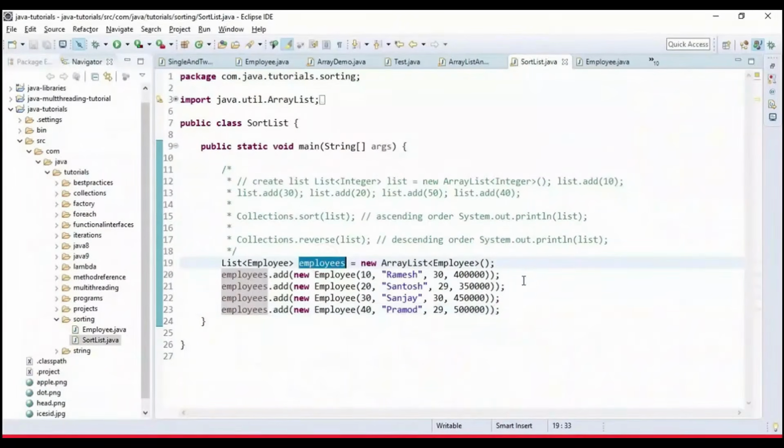Here we have an employee list, and we have 4 elements in the employee list. We have 4 employees in the employee list. Alright, now let us see how to sort employees by their salary. Okay, so probably you know the Comparator interface, right? So in order to sort custom objects by their